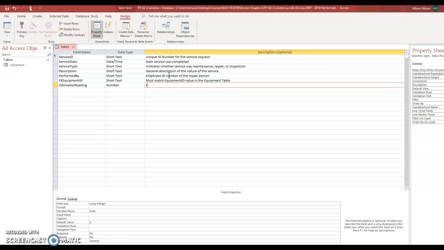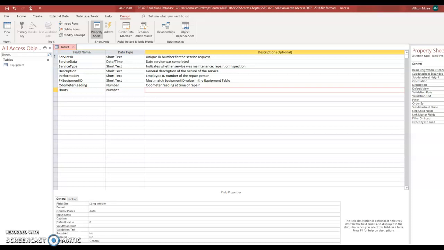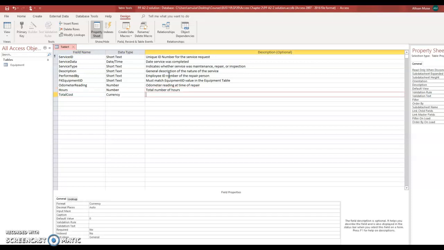Note that's odometer reading here. I'm using two screens, so it's a little bit more challenging to toggle between the two. I'm kind of getting dizzy looking between the two. All right, so keep working on typing that in. And once you're done,